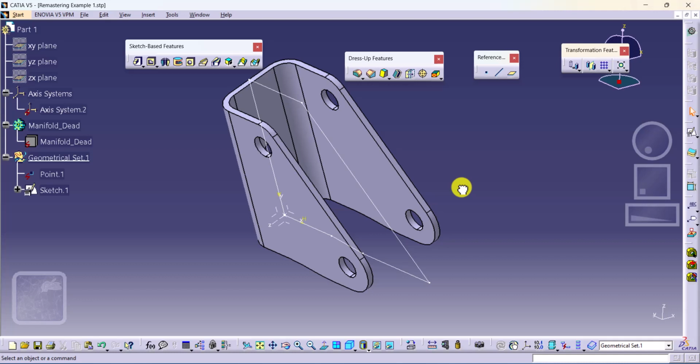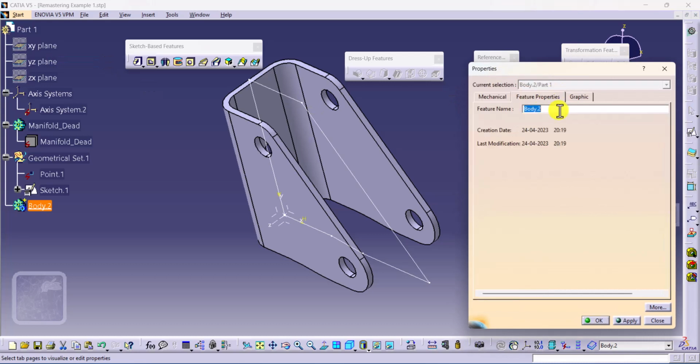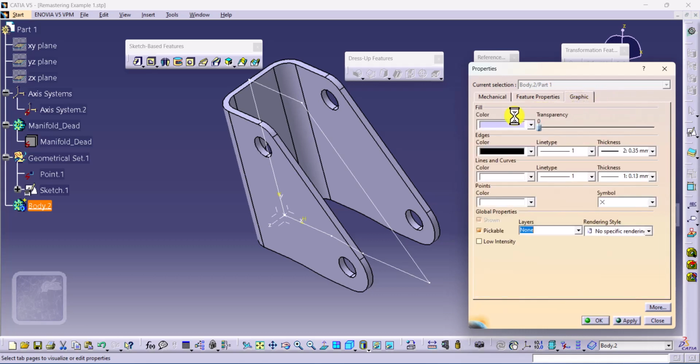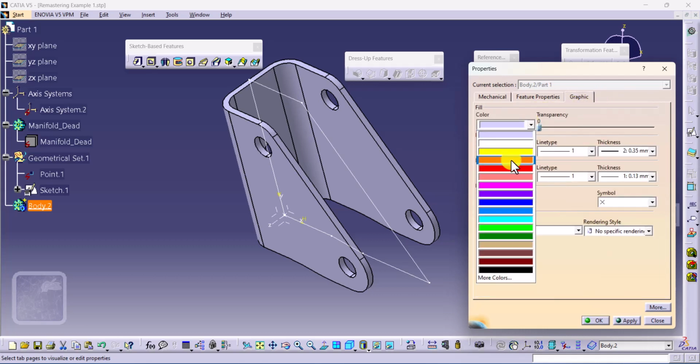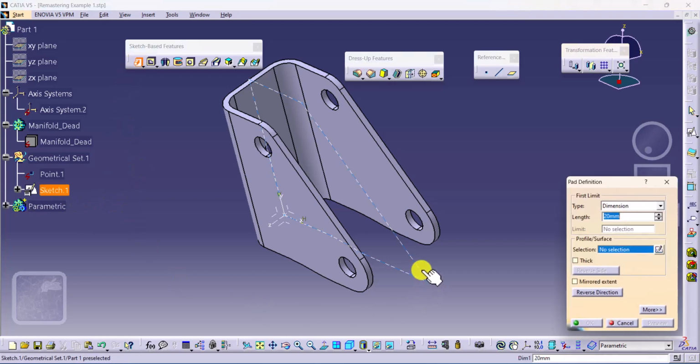What we'll be doing is applying the feature to this sketch. I want to add some material, so for adding material I would prefer to go for the pad feature. Before going to the pad feature, we'll define one body. So I'll insert a body. Body 2 is here. Right click, go to properties, and here you can change the name. Let's say I'll give it parametric, and you can change the color as well, so that you will be able to differentiate between the two models. I'll say okay. And now in this parametric body, I will have the pad feature on this, and